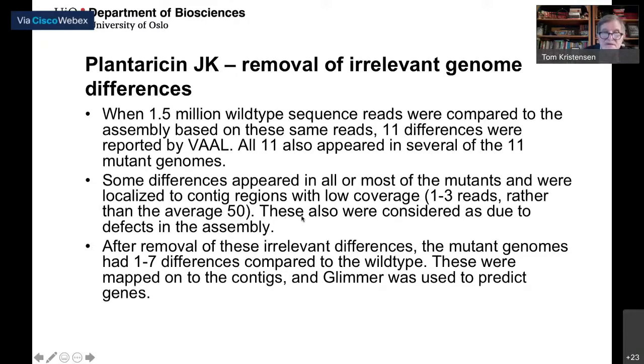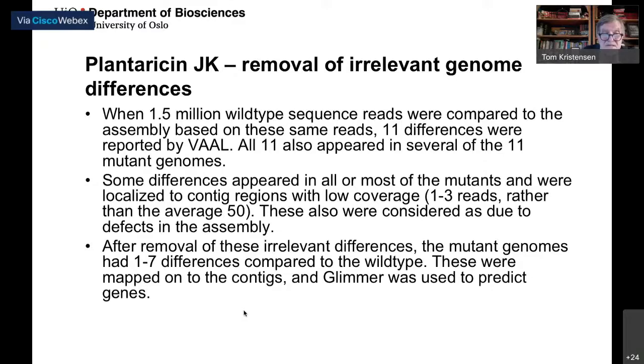So these I could conclude were probably due to defects in the assembly rather than real genetic differences between resistant mutants and sensitive wild type. So I removed these irrelevant differences and ended up with genomes with between 1 and 7 differences compared to the wild type. And these I mapped to the contigs